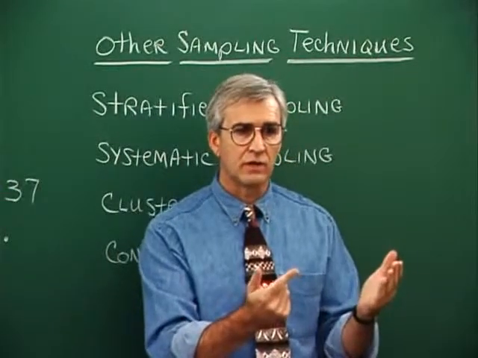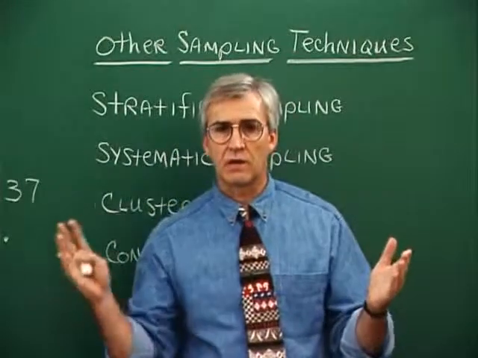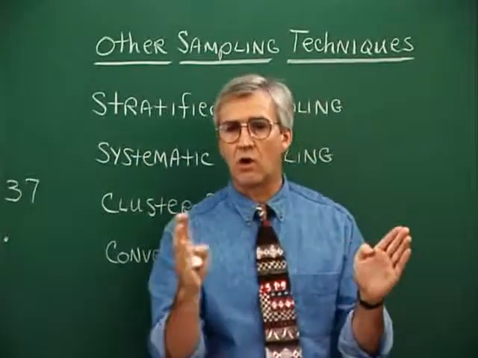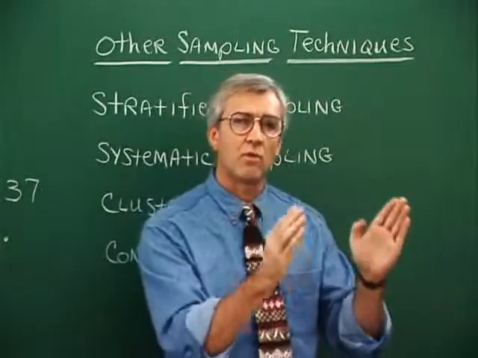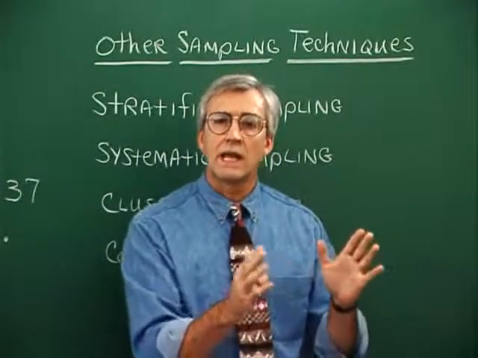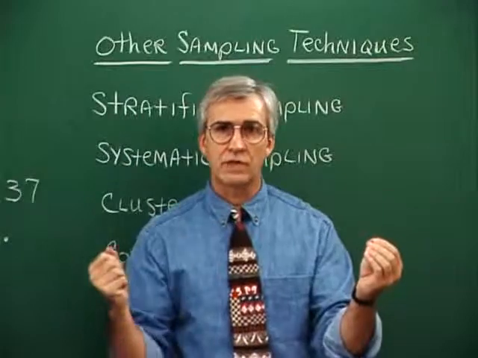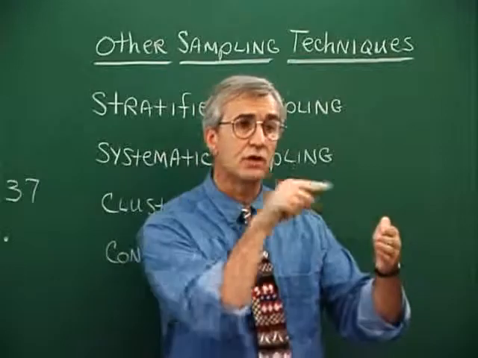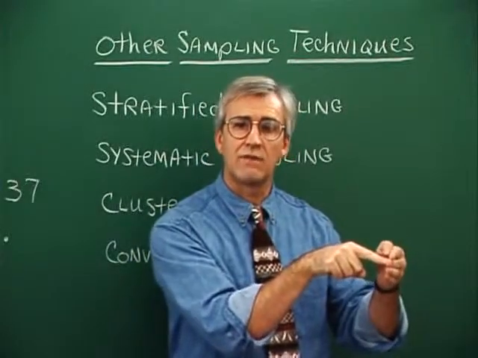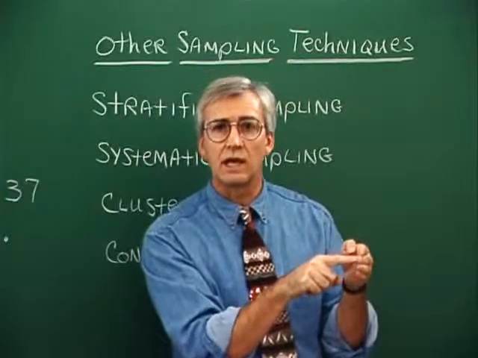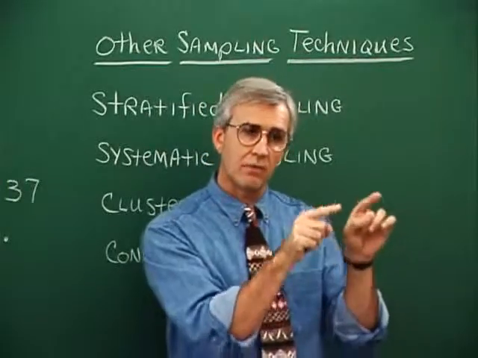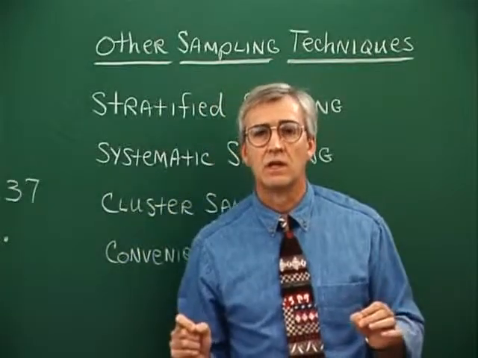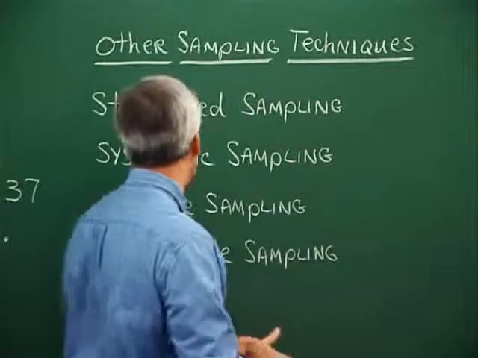freshman class is significantly larger than the other classes. That is, let's say that the freshman class, instead of representing 25% of the overall population of the high school, they represent 40% of the overall high school. So in this overall sampling that we're taking from the freshmen, sophomores, juniors, and seniors, perhaps 40% of the overall sample should come from this freshman class. You see, that's kind of an advantage of doing it this way. You're making sure that 40% of the sample comes from that freshman class because that's how they're represented in the overall population. So stratified sampling, that's what that's all about.